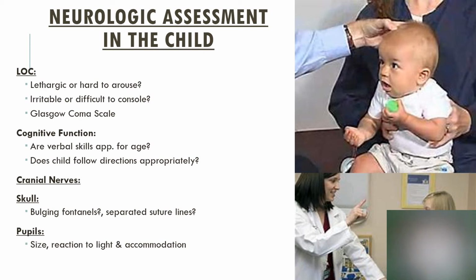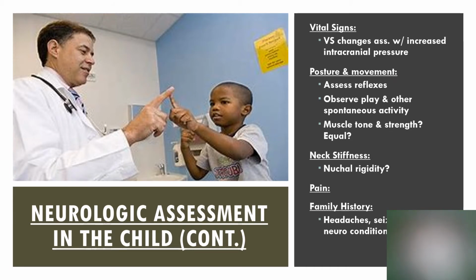We will look at pupils to see about reaction to light and accommodation in them. Size of those pupils is important as well. Additionally, vital signs and looking for any vital sign changes, because with something like increased intracranial pressure, we will see vital sign changes. We'll look at reflexes. When reflexes are present in that newborn period, we will assess those initially to determine the neurologic status of